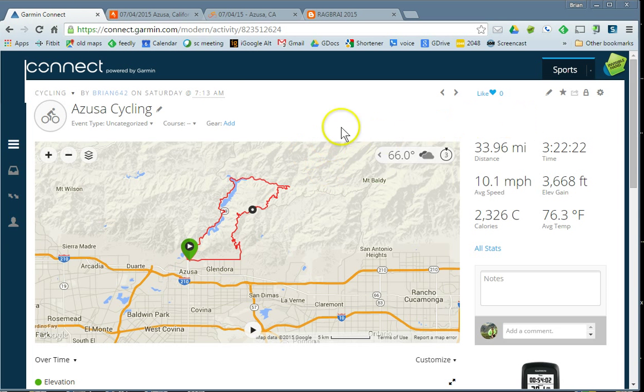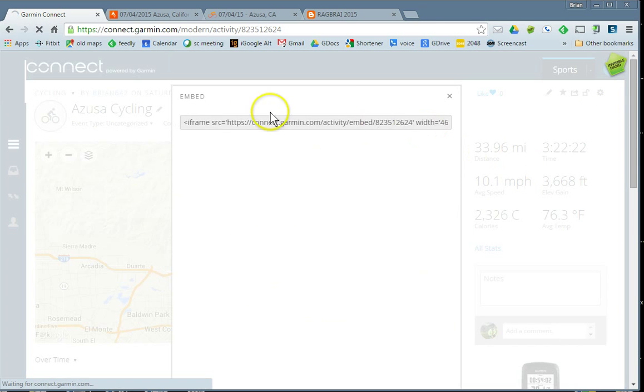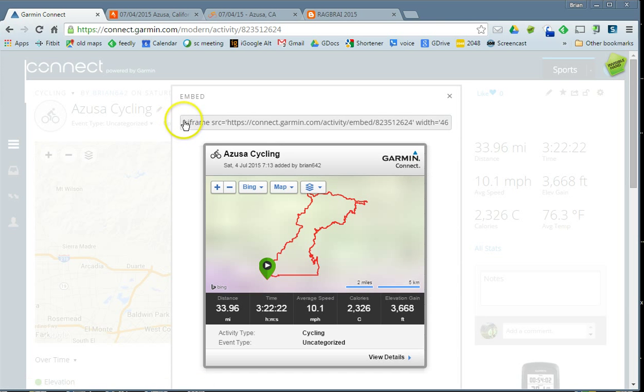In this case, you're over here at Garmin Connect, and you want to unlock this, and make it public to everyone. And then you click on Share, and click on Embed, and you come up with this link. So you copy this whole link,